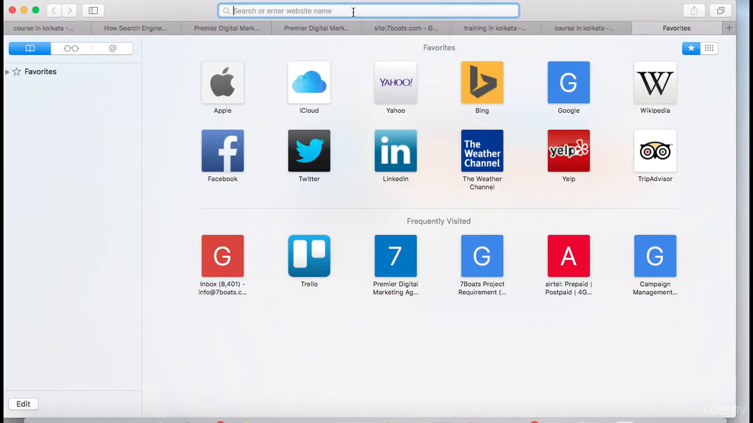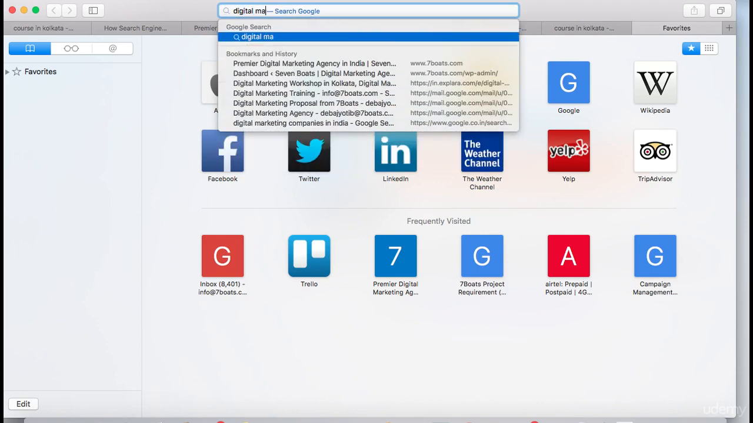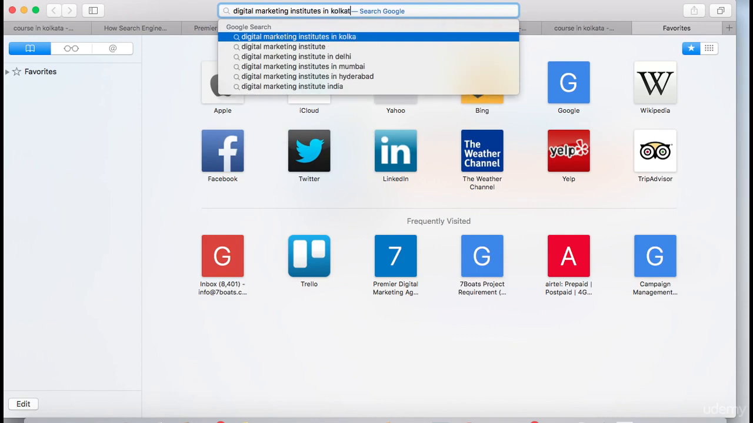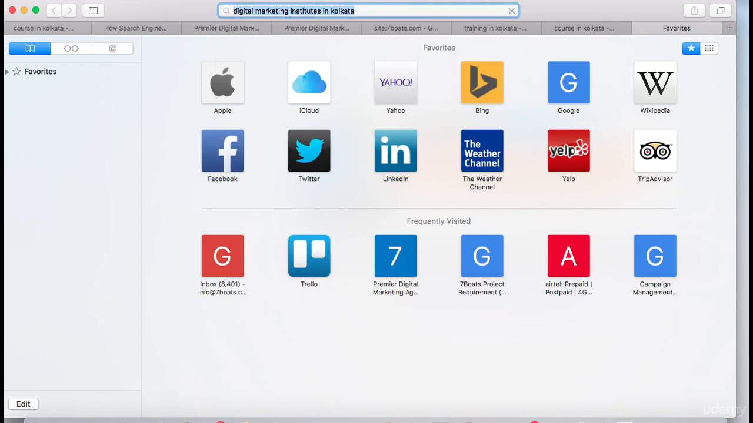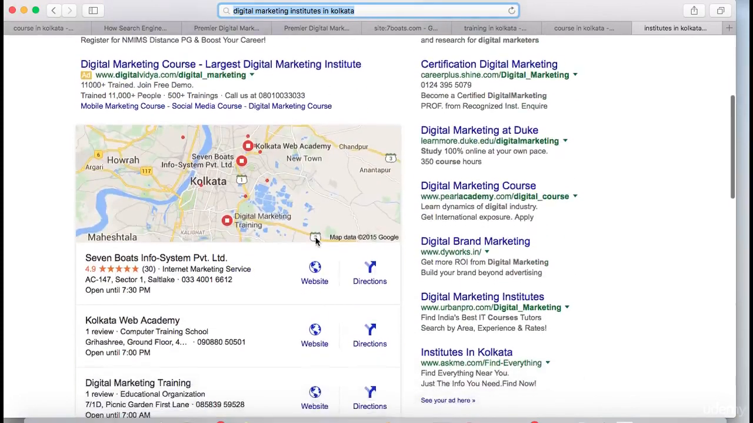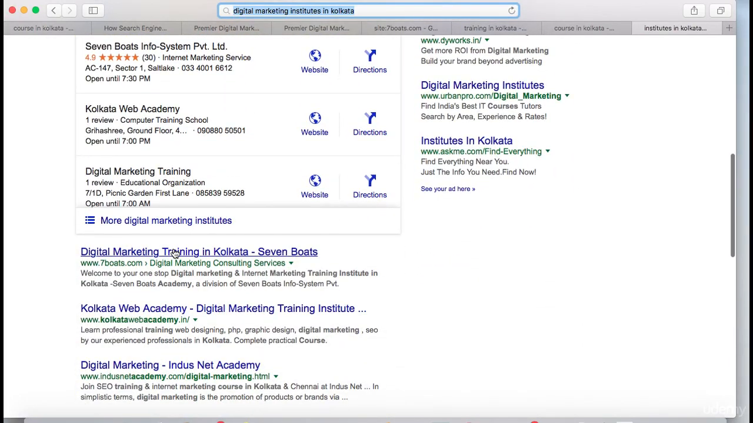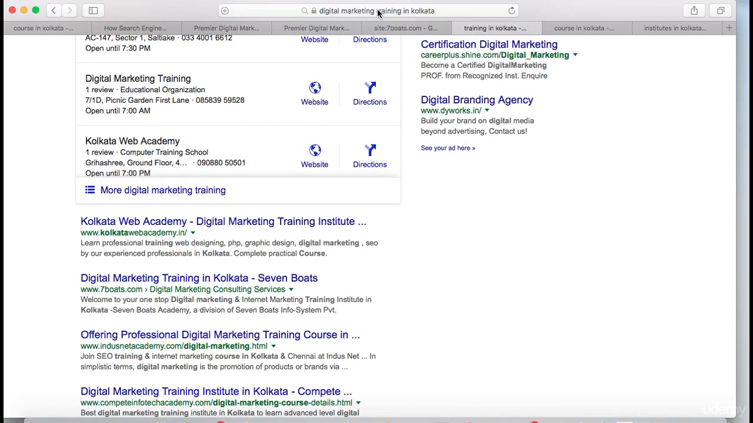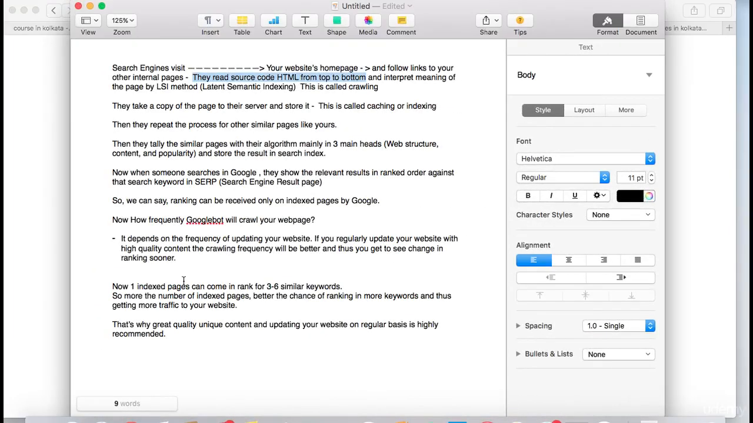And take another example, digital marketing institutes in Kolkata. So this is another similar keyword, and if you see the result, you again see 7 Boards Academy page is again at number 1. So the same page is coming with 3 different keywords but similar nature: digital marketing institutes in Kolkata, digital marketing course in Kolkata, and digital marketing training in Kolkata. So that's why we have told you that one indexed page can come in rank for 3 to 6 similar